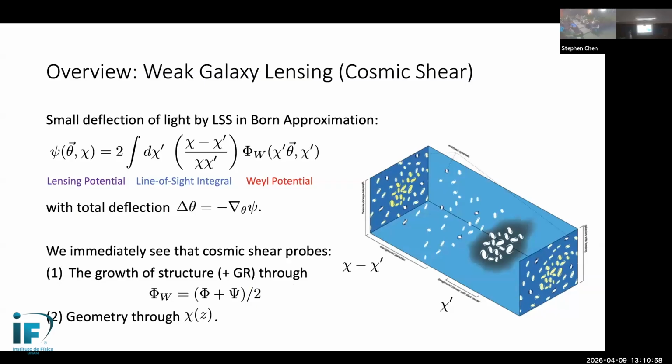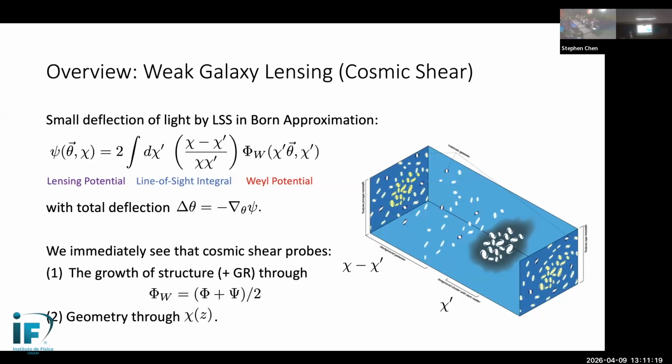Right. So in particular for this talk, I'm going to show a few summary equations just so we are all on the same page. In this talk in particular, I want to talk about weak galaxy lensing, right? Which you can see in this picture is the distortion. If you measure the shape of a galaxy in the sky, you don't really measure its intrinsic shape, but rather its shape modulated by the lensing, the gravitational potential between us and these galaxies.